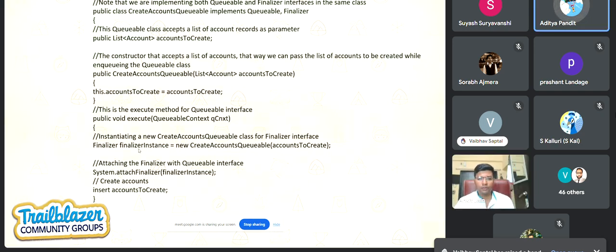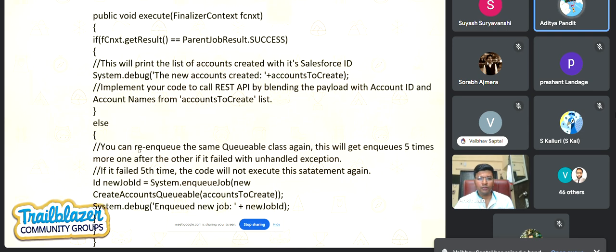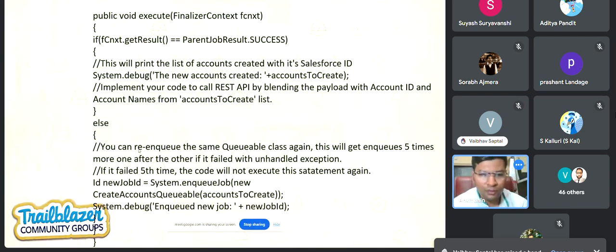And is retrying the Queueable in case of any failure the purpose of the Finalizer? You can say it will do it by default. Suppose you are trying to enqueue it, it won't by default do it, but because I have written this code, it would try it.